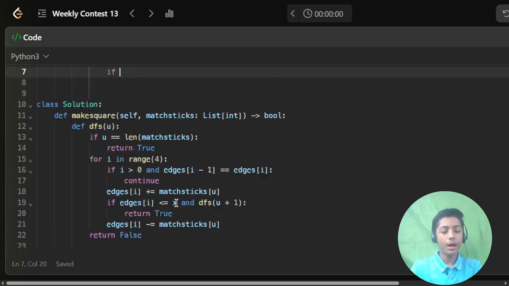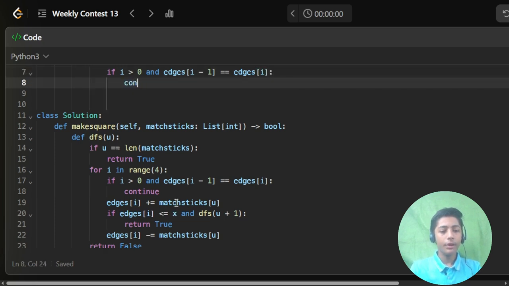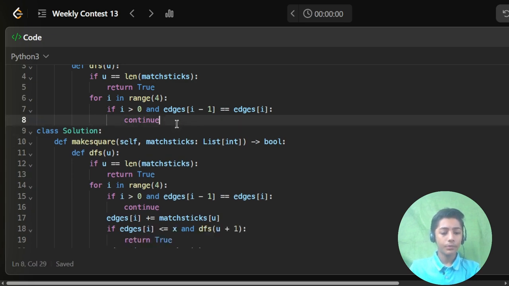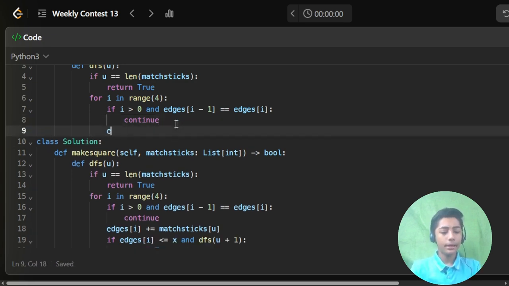Then if i greater than 0 and edges, then edges i minus equals edges, and then a continue statement. Now edges i plus equals this.